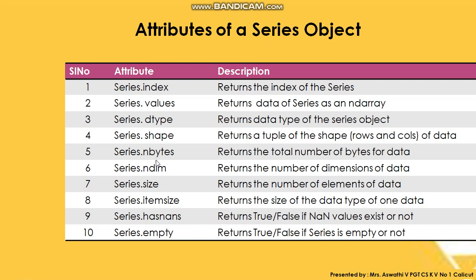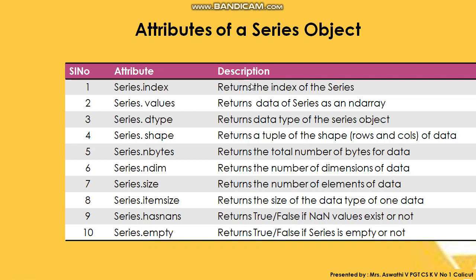Today we are going to see what is meant by an attribute of a series object and which are the common attributes that are used. An attribute is a property that we can use with a series object. We know that a series object has index values, data types, etc. These are the properties of a series, and these properties can be used to display the values that we want. We will look at the common properties or attributes that are used in a series.